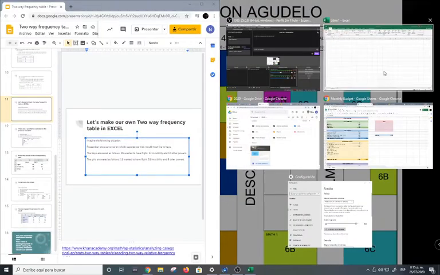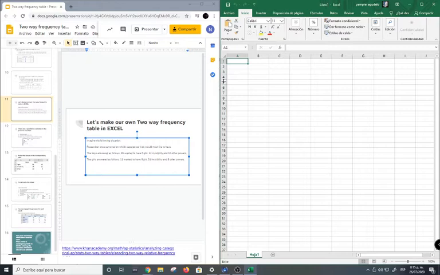So what we are going to do right now is represent all of the options of each variable, one vertically and the other one horizontally. So I am going to select the first variable, which is going to be gender, to be represented vertically. Okay, so boys and girls are the two options of the variable gender,